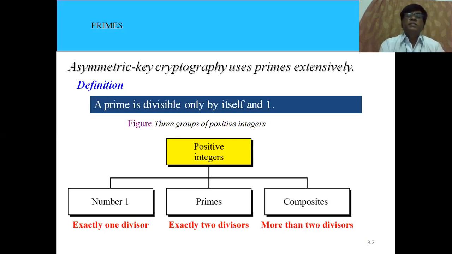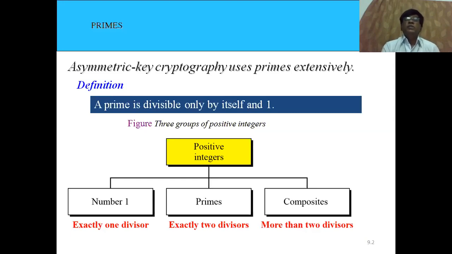But in asymmetric key cryptography, it generally uses two keys. For encryption, it uses one key. At the time of decryption, it uses another key. Generally, these are called the public key and the private key. So asymmetric key cryptography uses two keys. And in these algorithms, the entire messages that we want to send are converted into numeric values. This is the important thing.